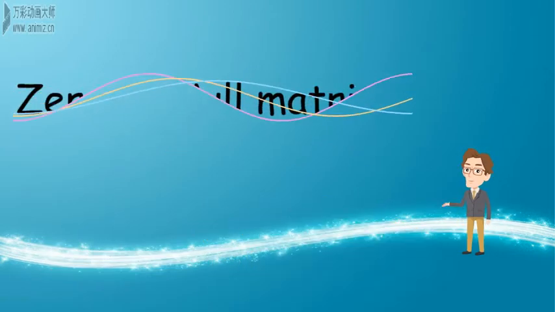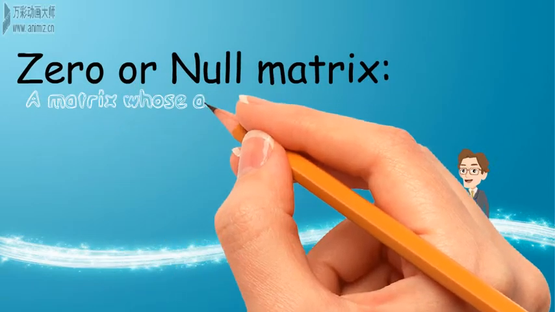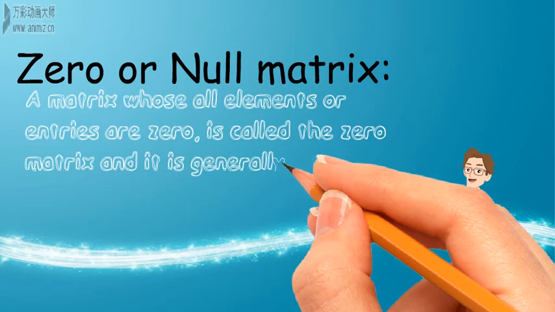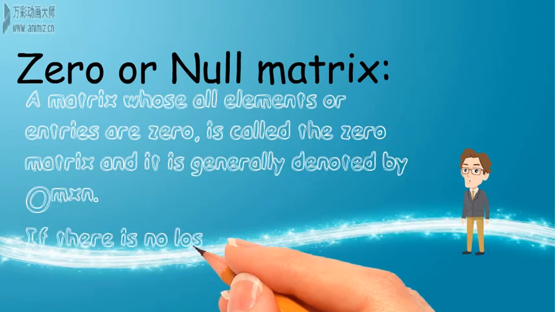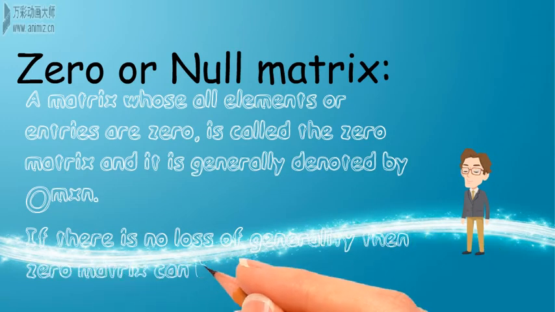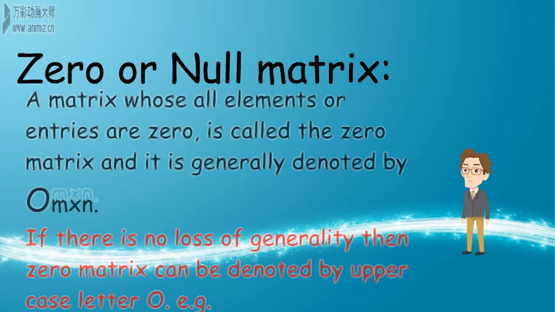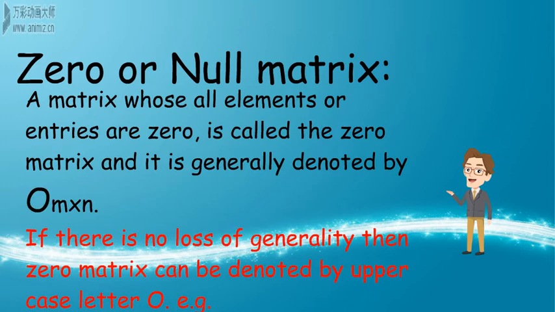Zero, or null matrix: a matrix whose all elements or entries are 0 is called zero matrix, and it is generally denoted by O_{m×n}. If there is no loss of generality, then zero matrix can be denoted by uppercase letter O. Examples of zero matrix are